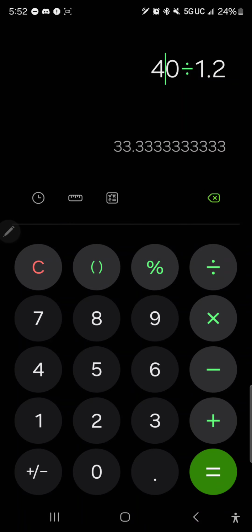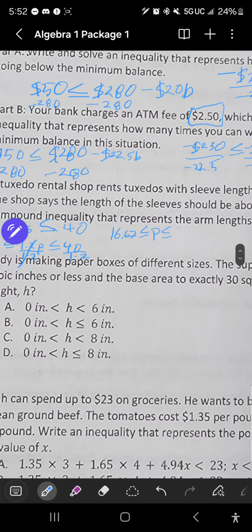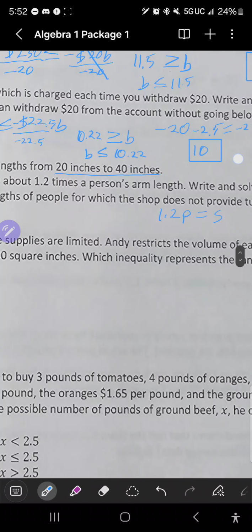And 40 divided by 1.2 is 33.33. And this is basically